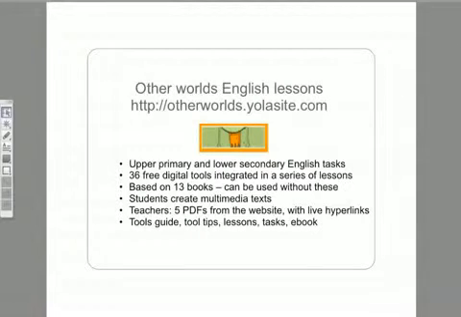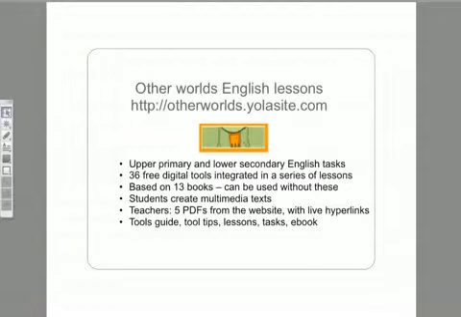So my interest was to create some resources for upper primary students and lower secondary. And I'm using digital tools for English lessons, but in fact they can be used for every subject. So I just wanted to cheer you on. If you happen to be a teacher that isn't an English teacher, you'll still really enjoy these lessons because they very much show how digital tools can be used in a number of subjects.